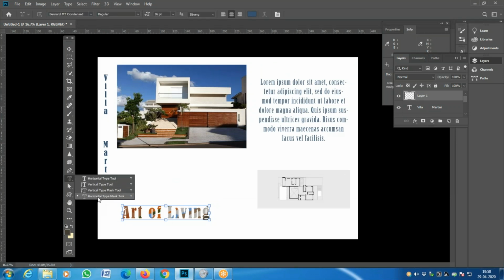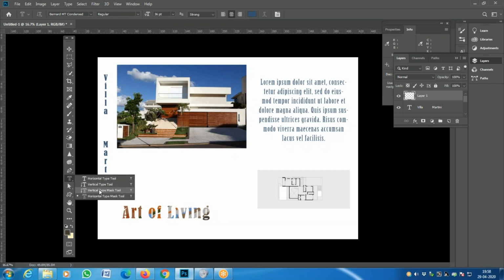What is the problem? Once you mask and paint it with a brush, you cannot make any change to that. It is like an image. It is fully frozen. You cannot go back and change your spelling and all that, or change the title even. Okay, so be sure of doing it, and then only try this